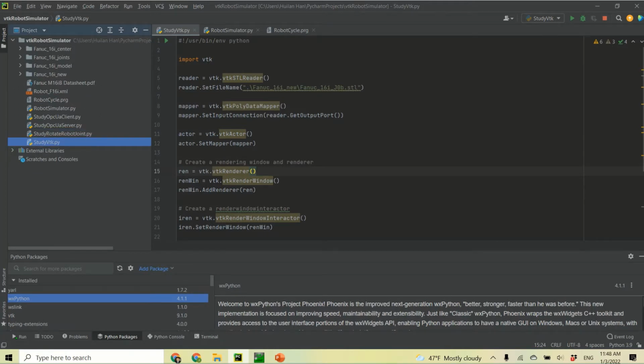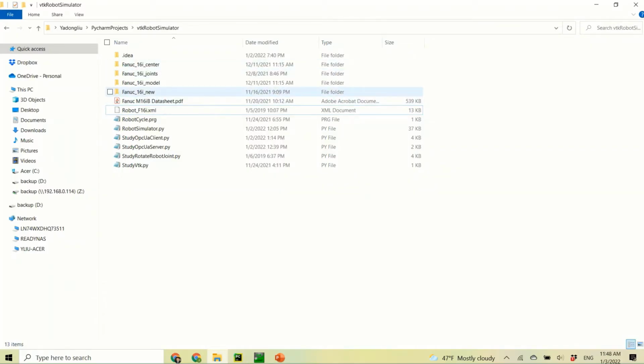It's a Python program, and as you can see, you need to import the VTK module first, and then you create the VTK reader, and then you specify the file name to be loaded, which is the FANUC 16iB robot, joint 0. The file is saved under this folder,